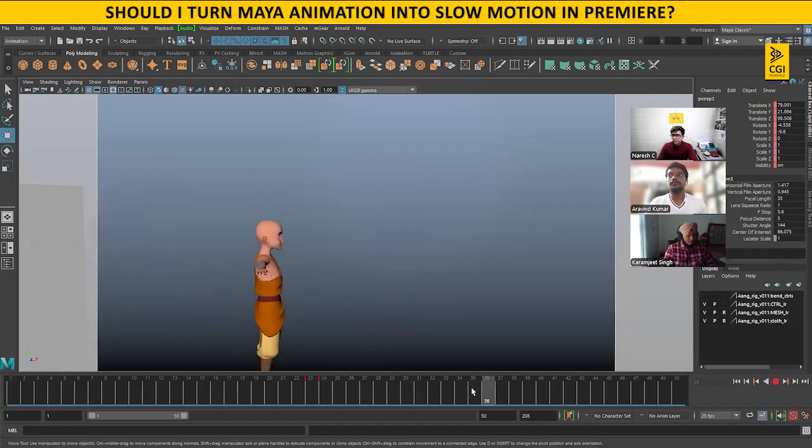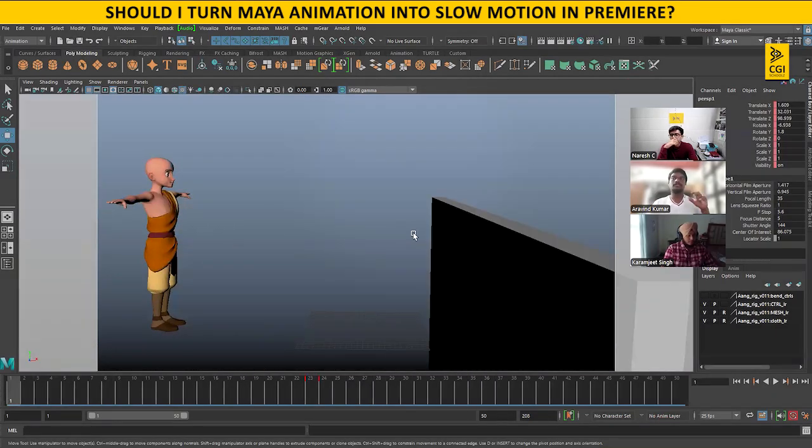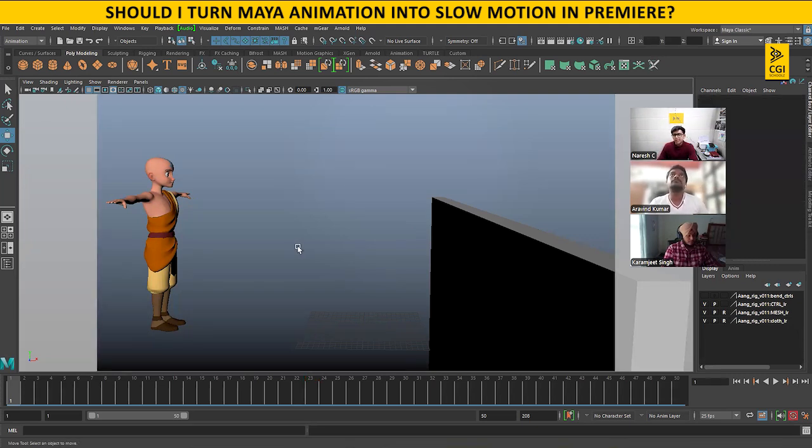And I have one more doubt, sir. The second shot at the start is a slow motion, right? So in Maya we can do it at normal speed only, but we can edit it in Premiere Pro, right? No, in Maya only. You can't. Why? Some videos we feel are not so smooth.